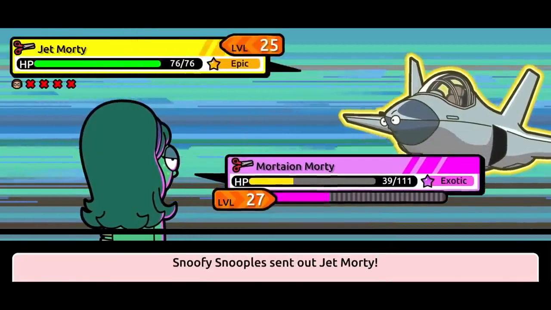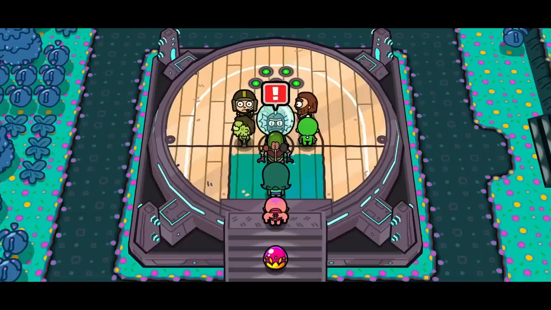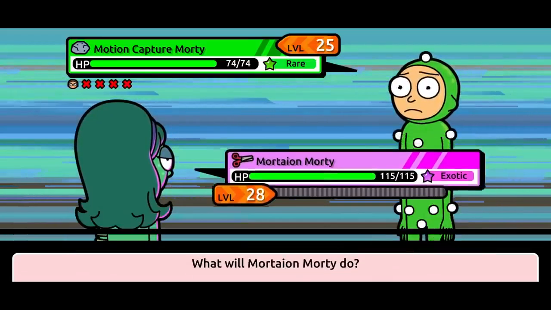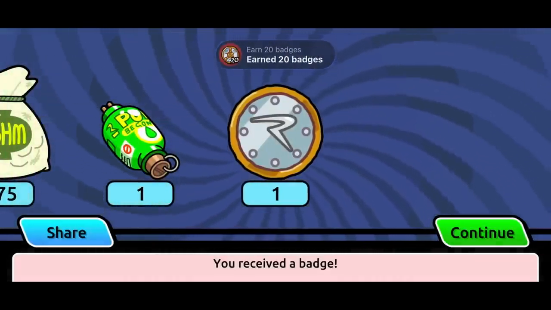Within the 7th dimension, there's this NPC carrying a pretty cool Morty named Jet Morty, which was basically just a jet with Morty's eyes on it, and the Rick this time was again Aqua Rick. And though we run into the same Rick multiple times throughout this entire run, they always seem to have different types of Mortys for me to battle against, which I do appreciate. And after beating this Rick, we unlocked the 7th badge, which also meant we'd collected 20 in total, earning another